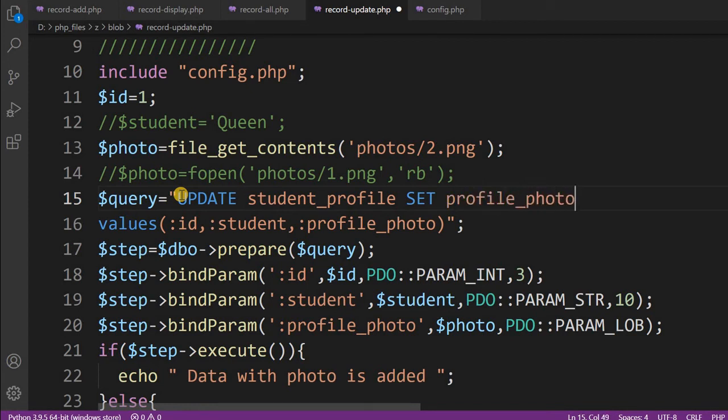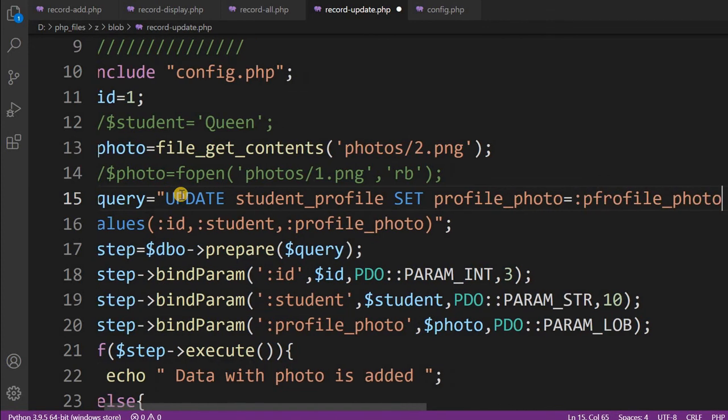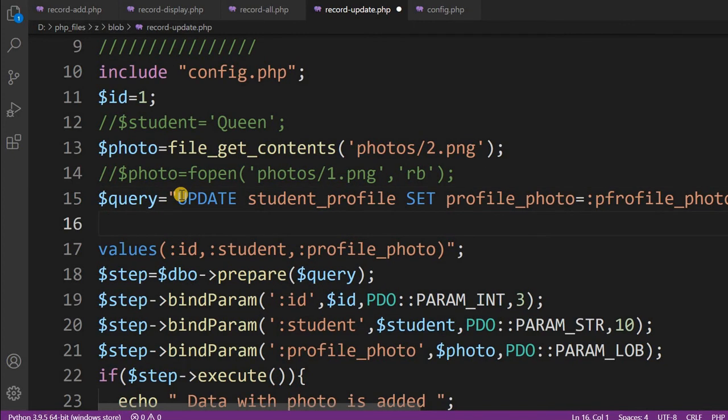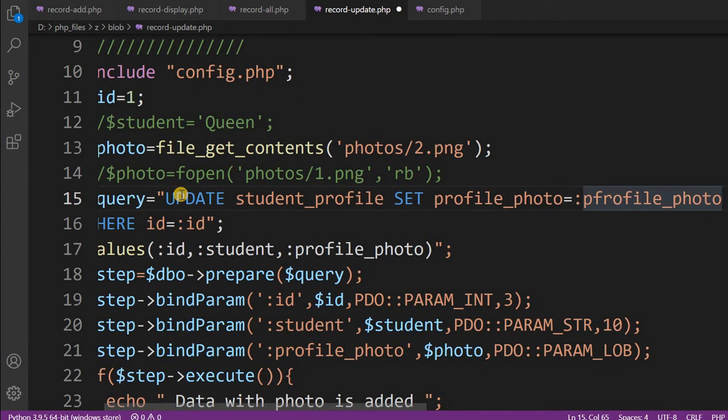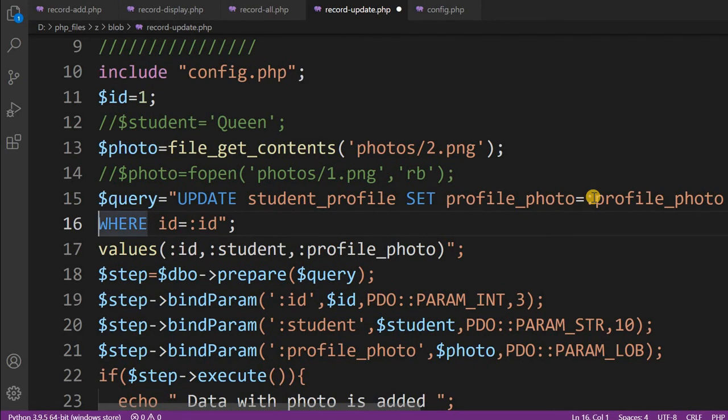Next line will come where ID equal to placeholder ID. So that's all, this is our query. Update student profile set profile photo is equal to, here I have to use row profile photo, and where ID, of course that is a variable only. So this part will be removed.